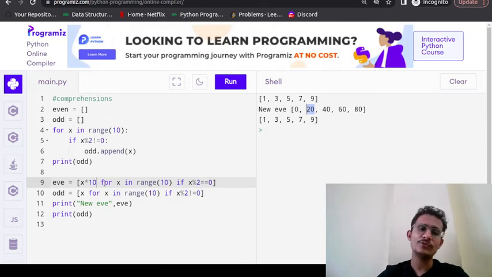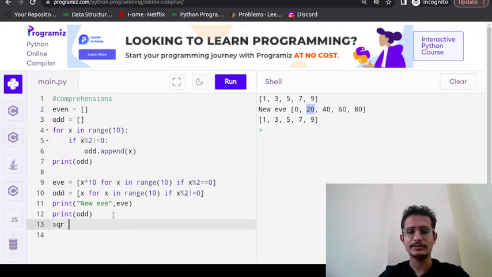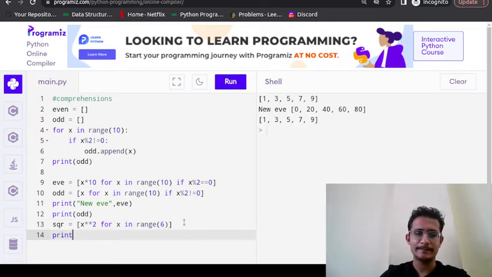Okay, you want to square the numbers. Let's say sqr, I want to square the numbers. So x power 2 for x in range of 5. Let's say 6 I take. Let me print sqr.